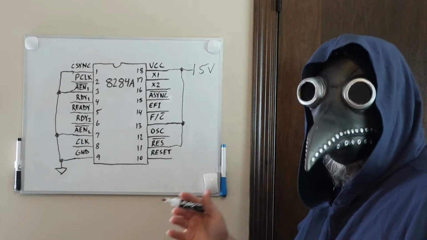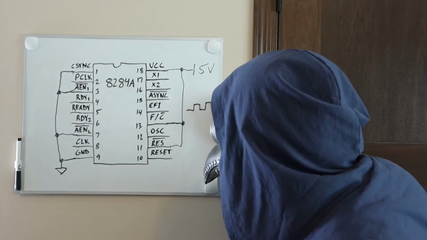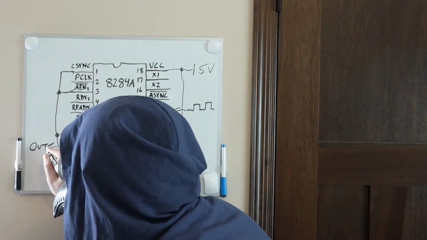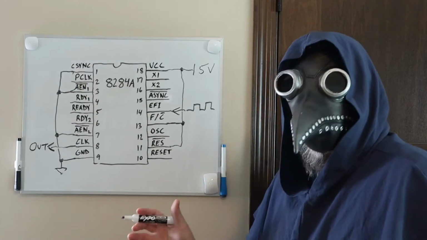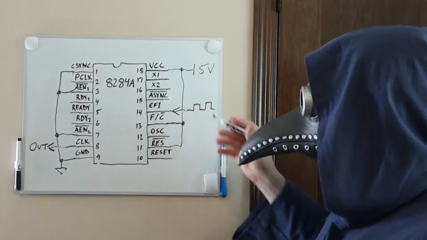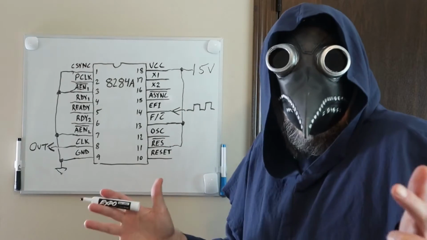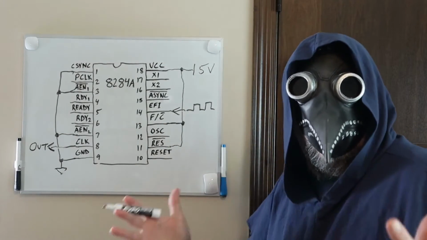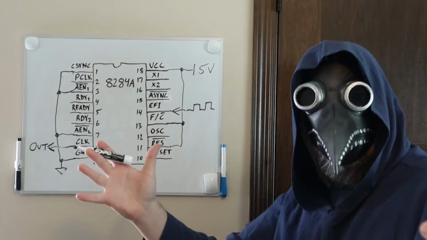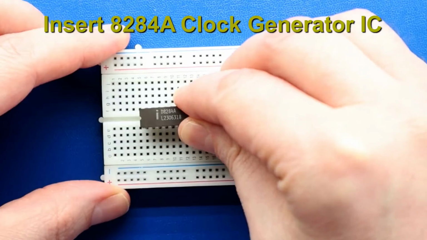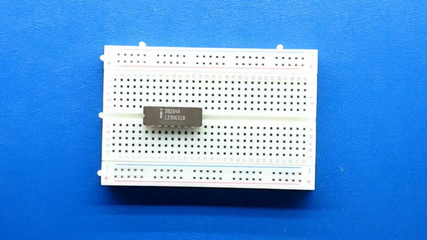Now we can send any duty cycle clock signal to the EFI pin to get a 33% duty cycle out of the processor clock pin. I'm going to use a waveform generator to create the input clock signal. But if you don't have one and you have an 8284 chip to play with, then you can refer back to my video called Fun with the 555 Timer to create your own input clock signal. Now let's wire this up and take a look at the output.